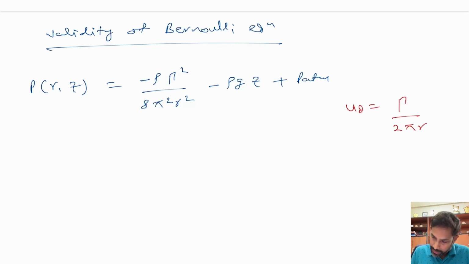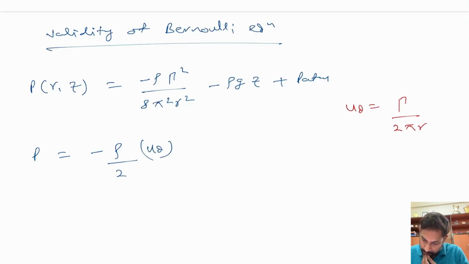And that is why we can write this equation as p as rho gamma over 2 pi r, and if we convert this one, gamma over 2 pi r is u theta, so that will give us u theta square